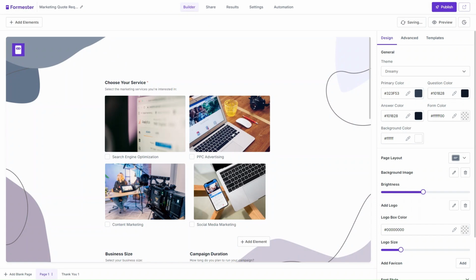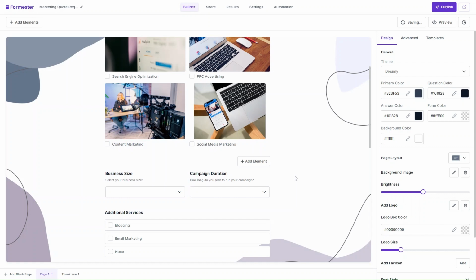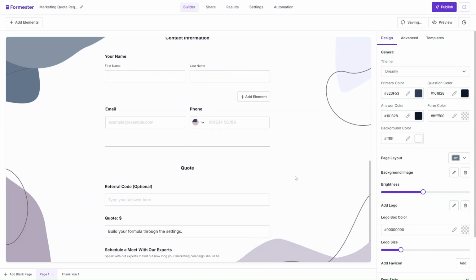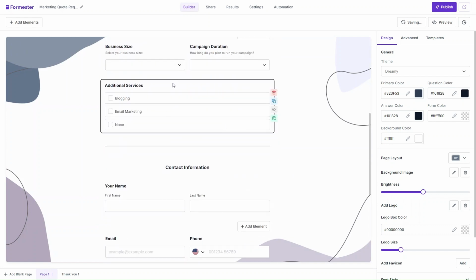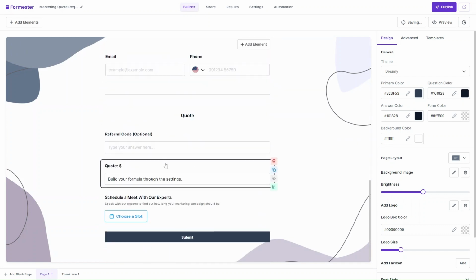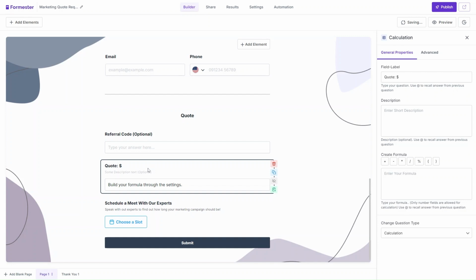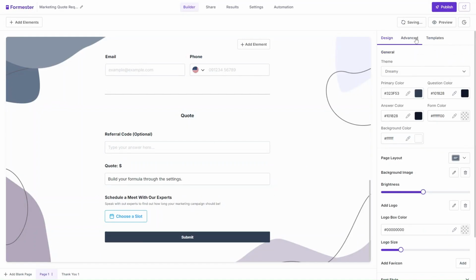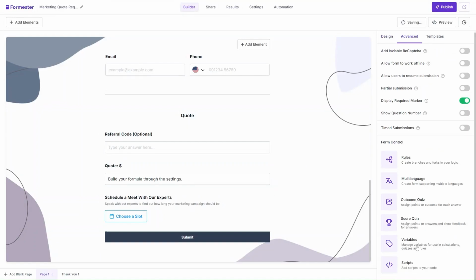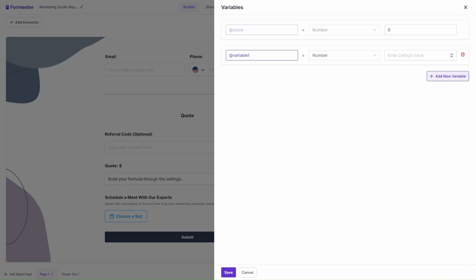Now in the next step, we are going to create something known as variables, which we will be using to assign particular prices to each one of these services, and also the additional services and the referral code, which we will recall in this calculation field to create a dynamic code. Now to create the variables, all I have to do is head over to the advanced tab. And if I scroll down, I can find the variables. Click on new variable,